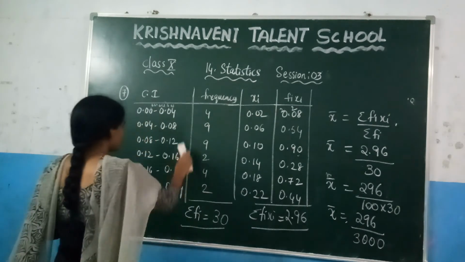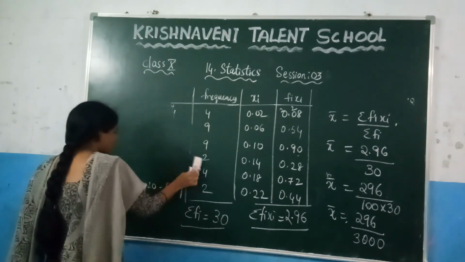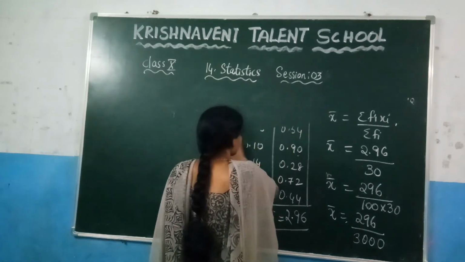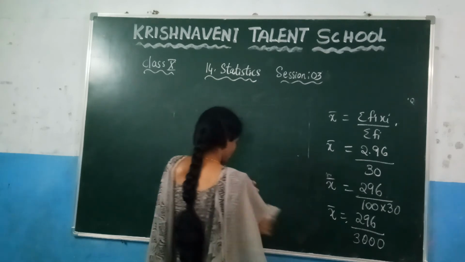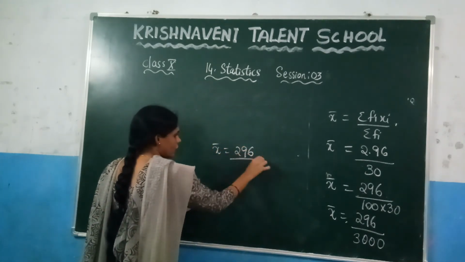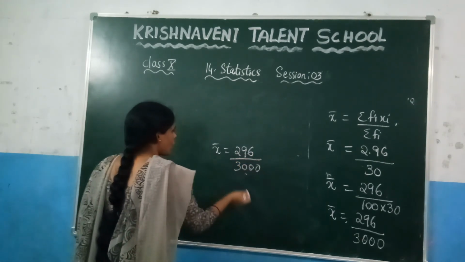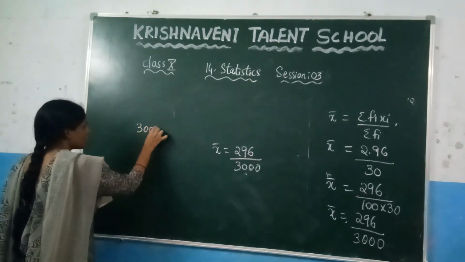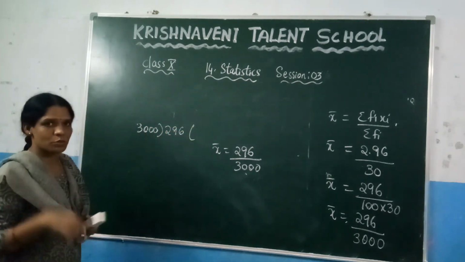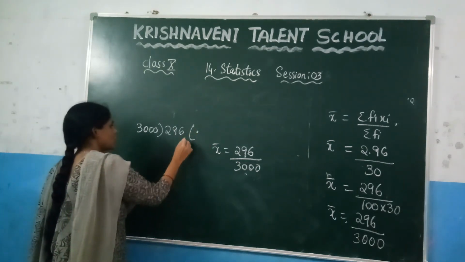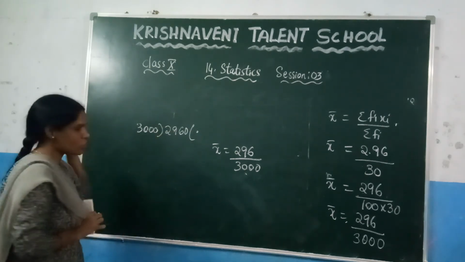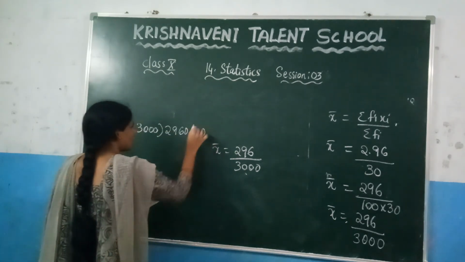So divide it, what will you get here? I think you can divide this. So how do you divide these two numbers? What we got at last is x bar equal to 296 by 3000. Now you need to divide these two values, which is 3000 into 296. If you want to divide it, you know that you cannot divide these two numbers. So you need to keep a decimal point here and put a 0. And now also we cannot divide these two values. So what we need to do here is just put 10.